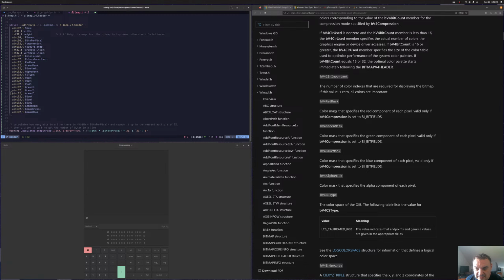So the red mask is valid only if compression is set to bit fields. I'm going to support only uncompressed formats, so I wonder, do I need to then have